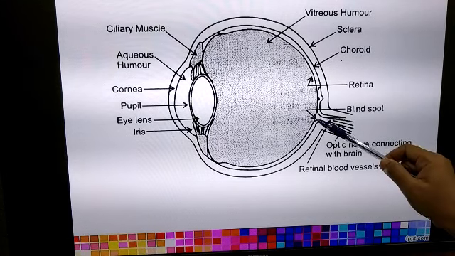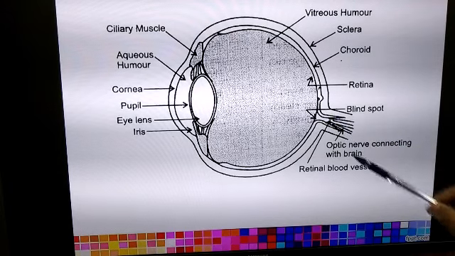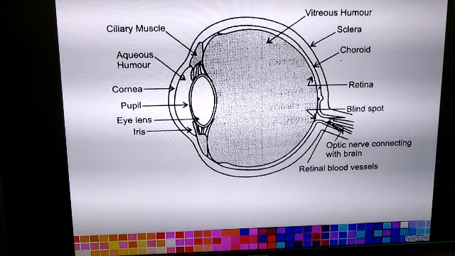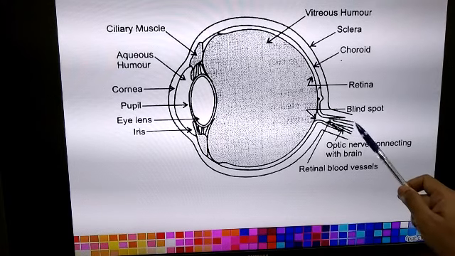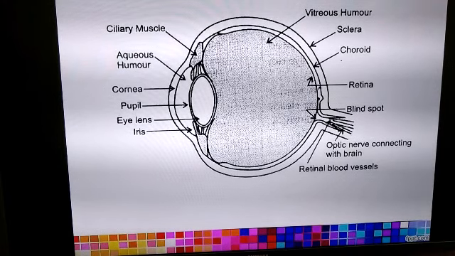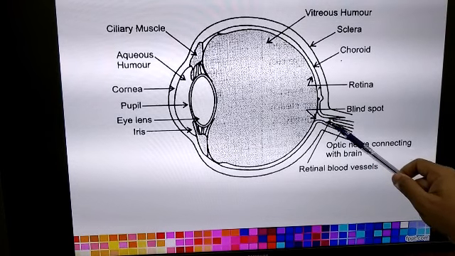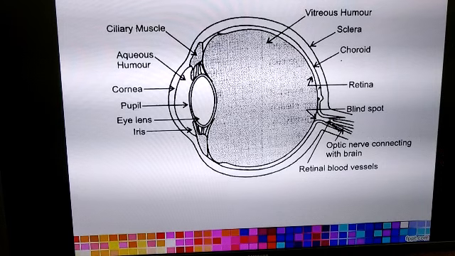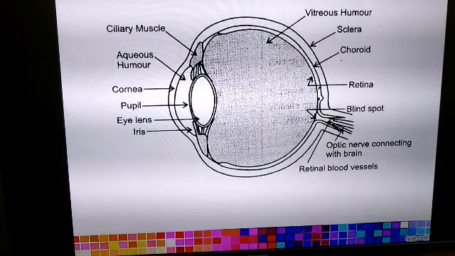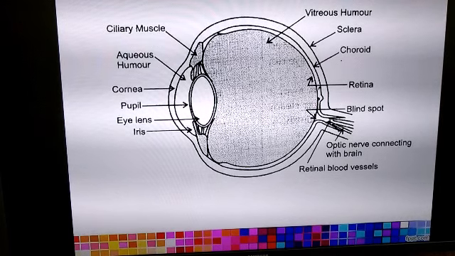There is a blind spot on the retina. It is at this place that a very clear and distinct image of the object will be formed. These are the optic nerves which are connected to the brain. The electric signals from the retina are carried by the optic nerves to the brain, where the brain interprets the message and sends the message back to the eye to observe the object as it is in the surroundings.